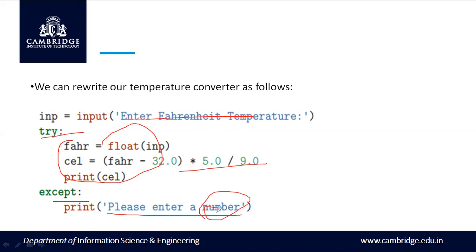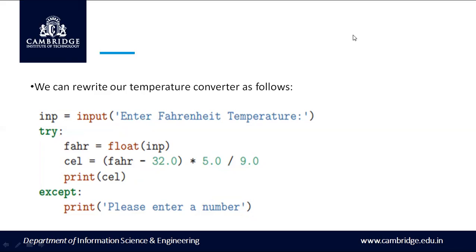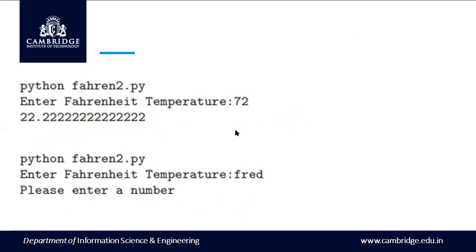So the character type of input is not allowed here. That is where the use of try and except comes into the picture. When we execute this program, you can see the program telling the user that you are not supposed to enter characters instead of integers. In the normal execution, the user enters 72 as the Fahrenheit temperature, and the output is returned as degrees Celsius.